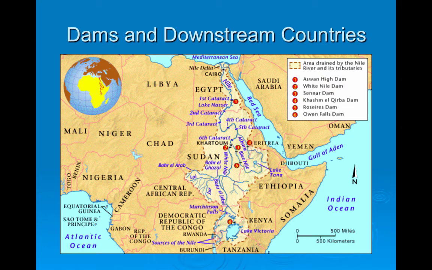Here in this part of Africa, wars have been fought and dams have been blown up because of water control and sediment control. If you see here these 6 dams that have been built, Egypt kind of gets the raw end of this deal, as do these other middle countries, and on regular occasion the dams are blown up by other countries. And you can see here the source is Lake Victoria, and then it flows all the way down